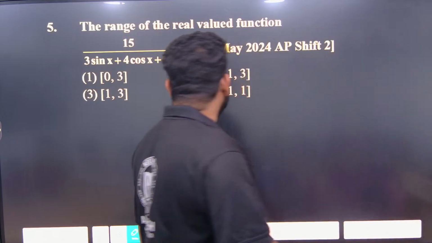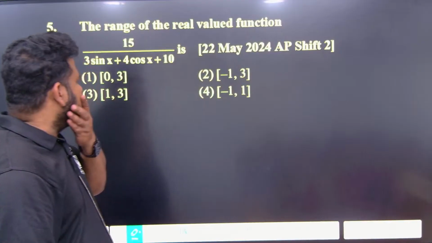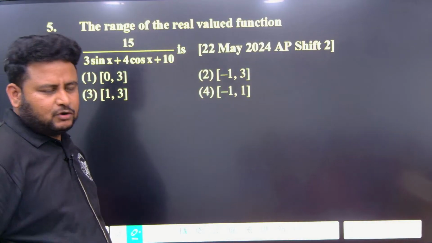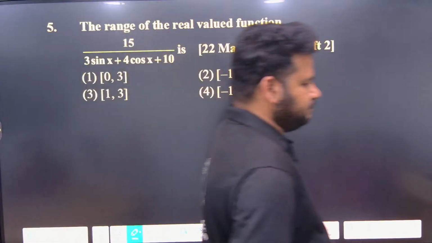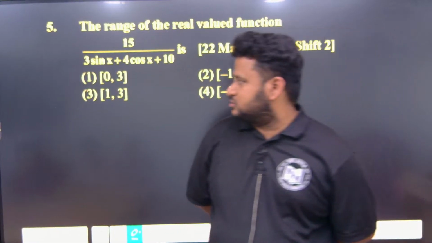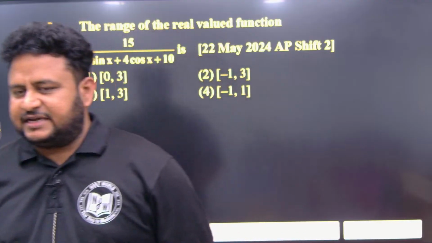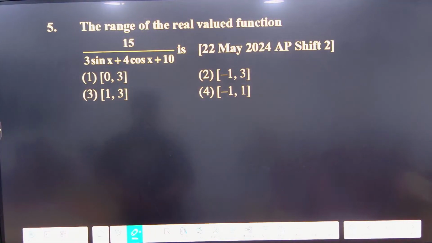So see here, what is the thing you will use here? What is the method you will follow? Okay, I'll give you 1 minute. Please try by yourself, all of you, because I already told you how to solve this. A sin x plus b cos x, if they give,